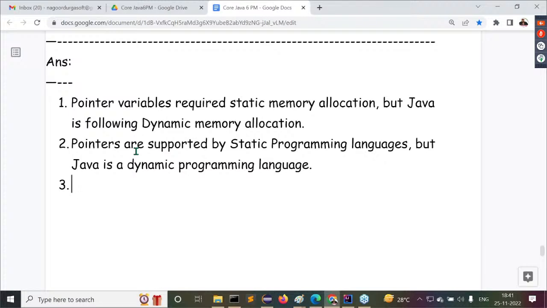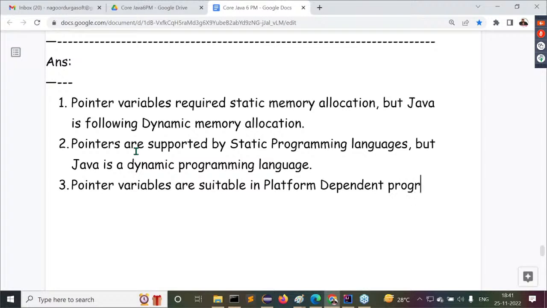Because of that reason, pointer variables are not suitable for platform independent programming languages. Pointer variables are not suitable for what programming languages? Platform independent programming languages. So pointer variables are suitable for what? Tell me.